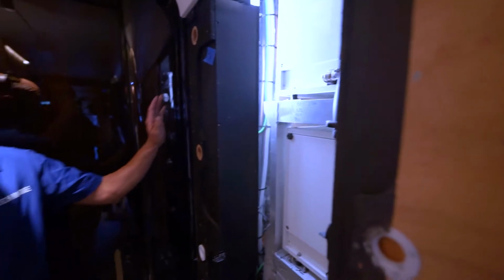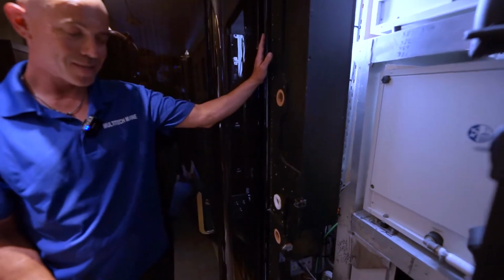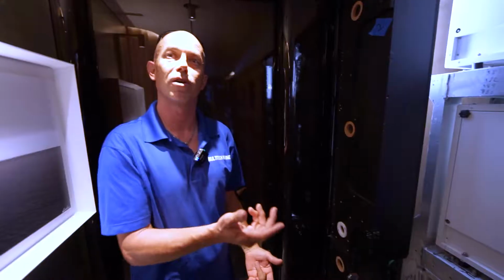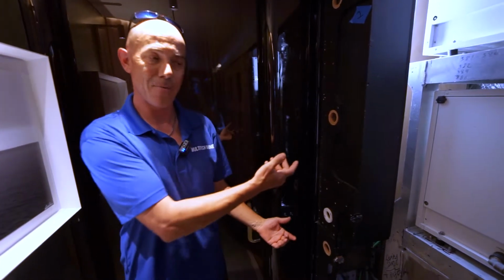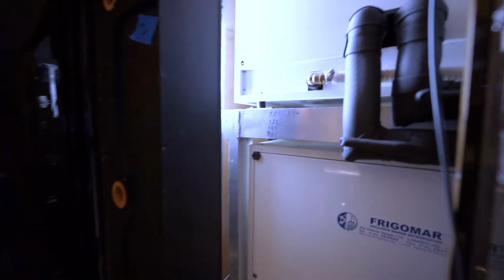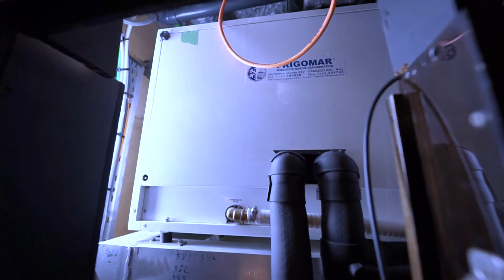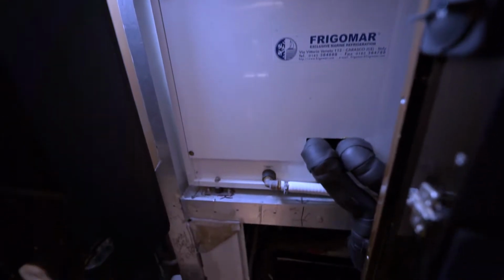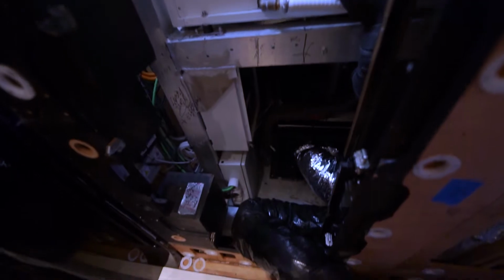So one of the things that we did was change some ducting. The owner's cabin is behind me, and he didn't like that the AC was blowing directly on him as he came through the door. As a customization feature, we are changing the ducting so that that won't give him a cold blast on the shoulder as he comes through the companionway. We've boxed and added some returns to the AC system just to give a less humid environment on the living